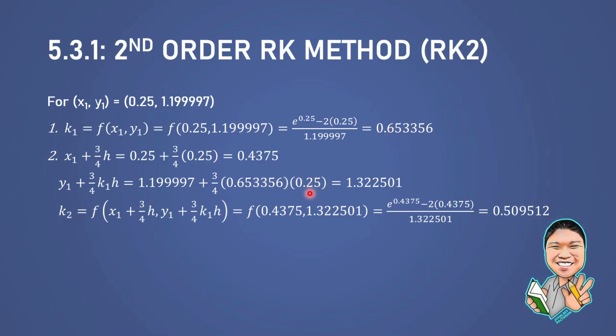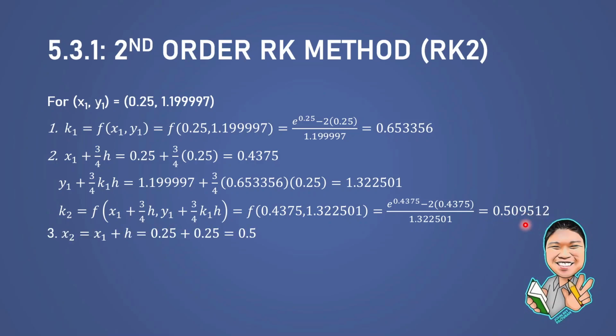Tapos yung h is 0.25. So, ang mahahanap mo na y sub 1 is 1.322501. Kaya ang k2 natin is the function, yung x is 0.4375, and yung y is 1.322501. I-substitute nyo lang siya doon sa original function natin. Ang mahahanap nyong value ng k sub 2 is